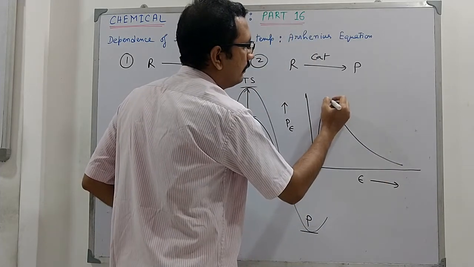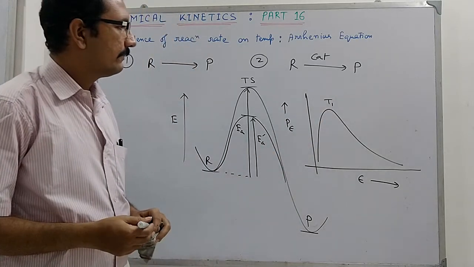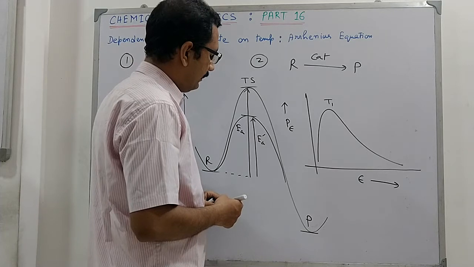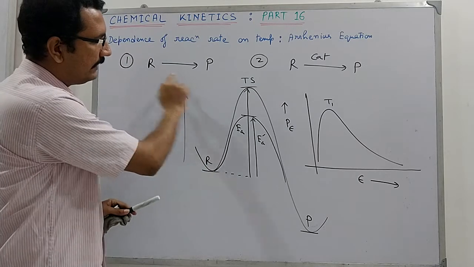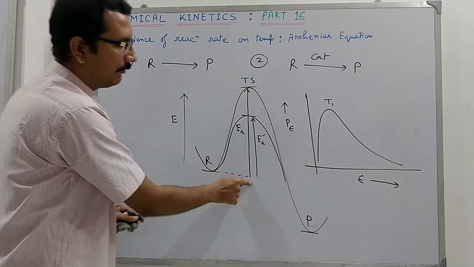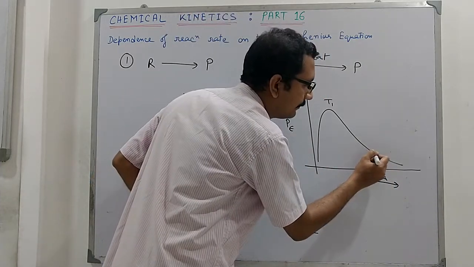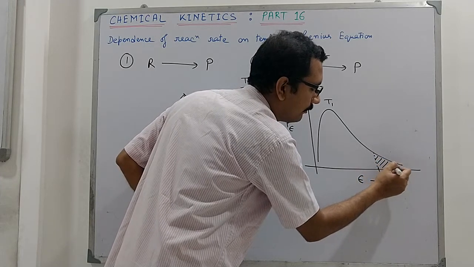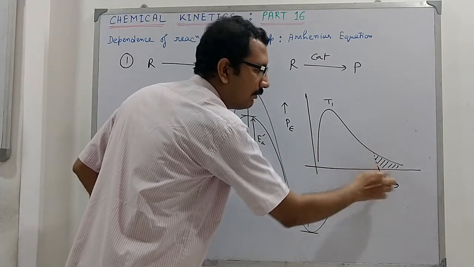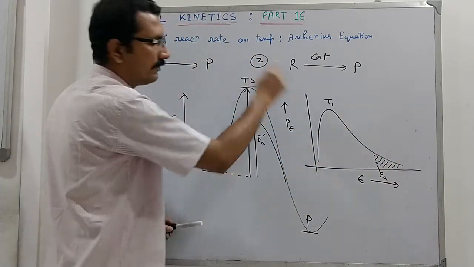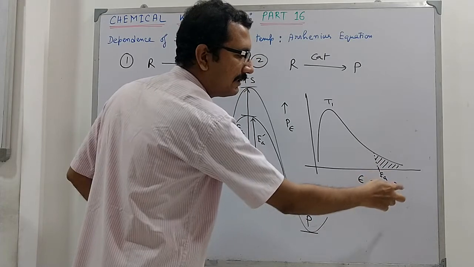Now this is the Maxwell distribution at temperature T1. Now when you take this reaction, this has activation energy of this amount, so it is say here EA. So you see this number of molecules have energy greater than EA, so the molecules within this domain are eligible to cross the barrier. So that will be the rate. So this number of molecules will cross the barrier.